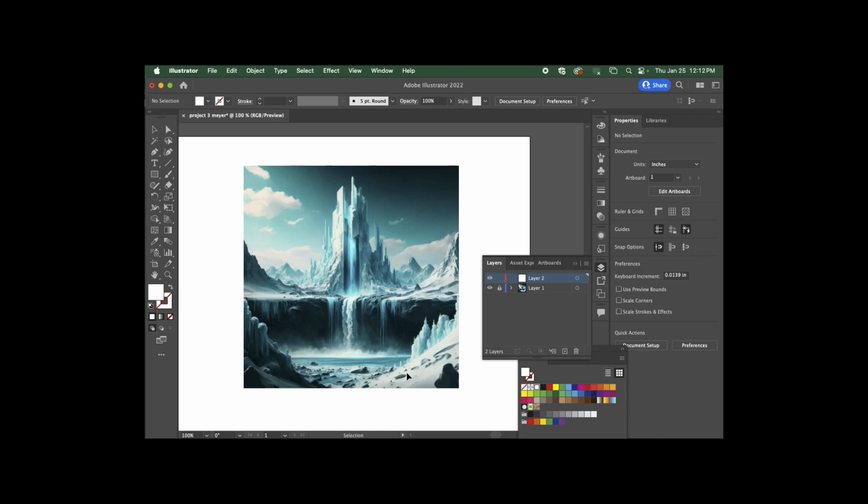Now, I'm ignoring some of these details to start out with, like this boulder or some of these snow drifts, things like that. I'm going to do some basic shapes first. So I'm going to go to my pen tool,